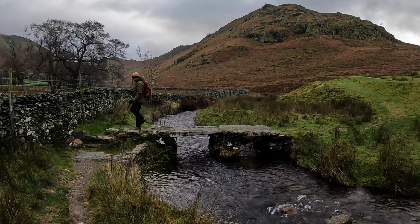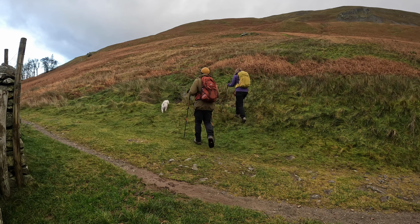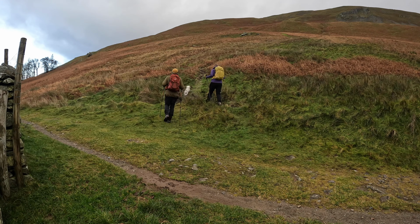So we soon got down into the little hamlet of Howtown and then crossed over the stream there. Then we found our way onto this bridleway, which is quite a good, well-trodden path. It wasn't long, only a couple of hundred yards till we cut off to the right here, as you see on the video. And then we were going very steeply uphill, heading towards our first Wainwright of the day at